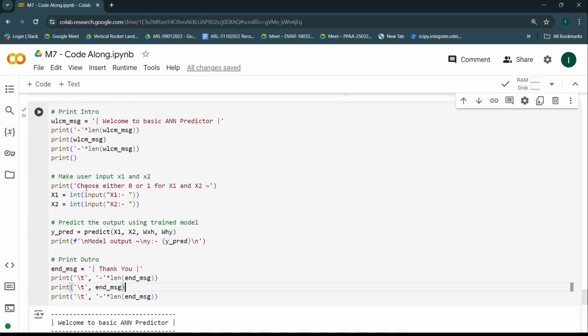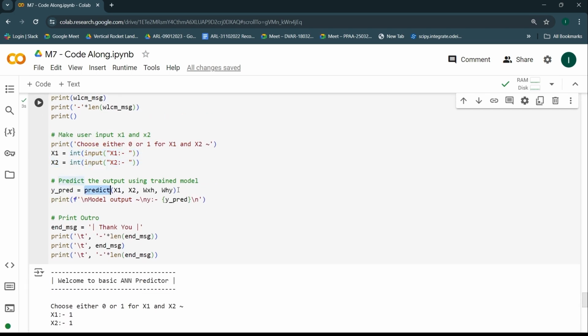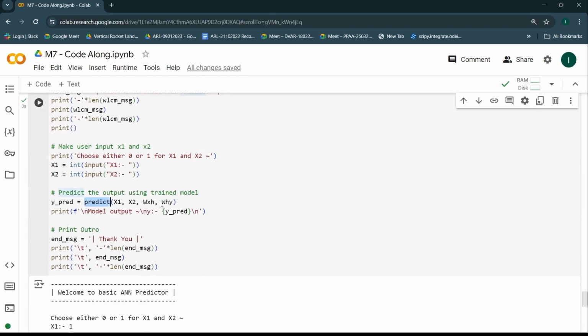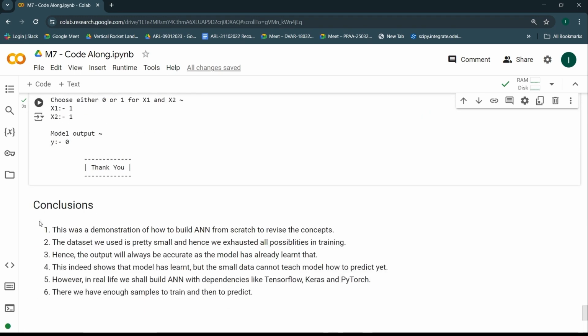Alright. So yes guys, the way that I've prepared this is by following very simple Python. I'm asking users to give some kind of inputs, using the predict function that I've created over here, passing the respective inputs, and whatever outputs I'm getting, I'm just simply customizing it. That's it. So that was the complete code of how we have created this artificial neural network